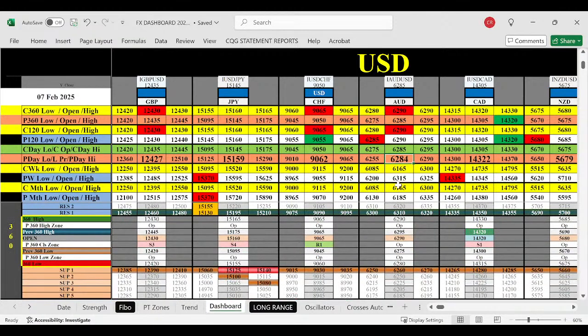So how can we trade this? We try to buy at 62.60 and